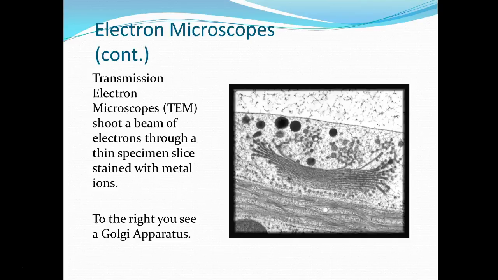Slicing it into a thin section, and then staining it with metal ions, kills the specimen. So here you can see one of those Golgi apparatus. You can see the stacks of membranes that make up the Golgi, and then these vesicles that it's producing